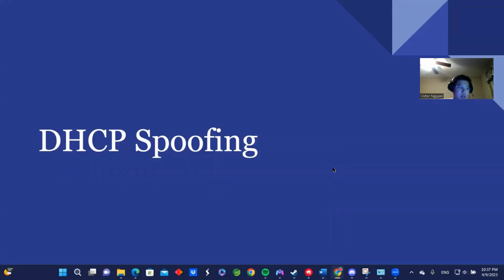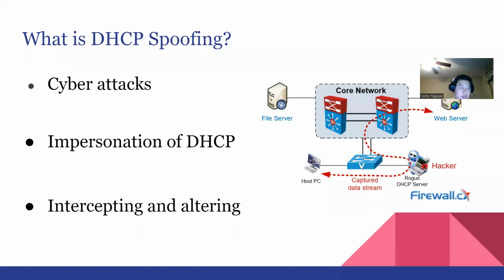So now we're going to talk about ways people can use DHCP with malice. This comes in the form of DHCP spoofing. What is DHCP spoofing? Well, DHCP spoofing is a type of cyber attack where an attacker impersonates a legitimate DHCP server on a network. By doing so, the attacker can assign fake IP addresses to devices on the network, which can lead to various security risks, such as interception of network traffic, theft of sensitive data, and even complete takeover